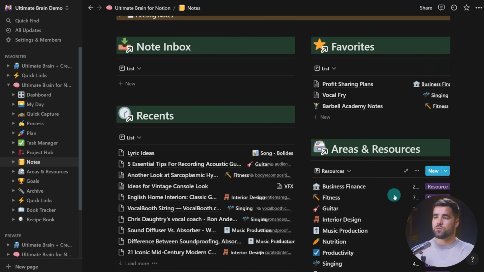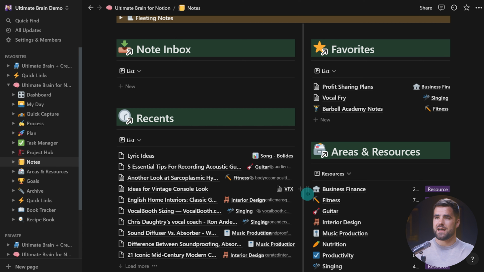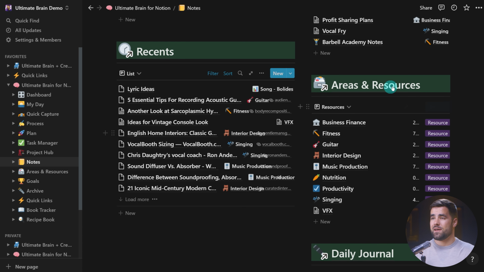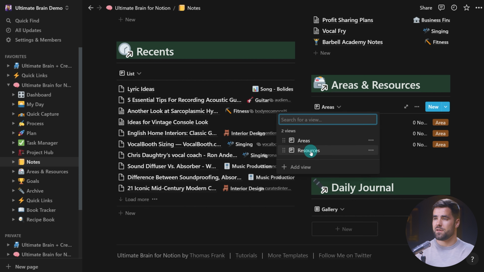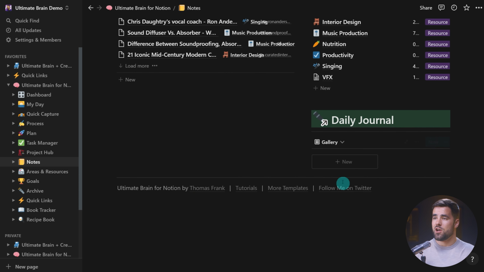We have sort of 5 main areas on this notes dashboard. We have our inbox, we have our favorites, we have recent, and then we have areas and resources. Within areas and resources, we can switch from our areas to the resources view, so we can see areas here which sort of contain resources for the most part. We also have a daily journal. I've made a whole video about how the daily journal works, but you could add a daily journal entry here